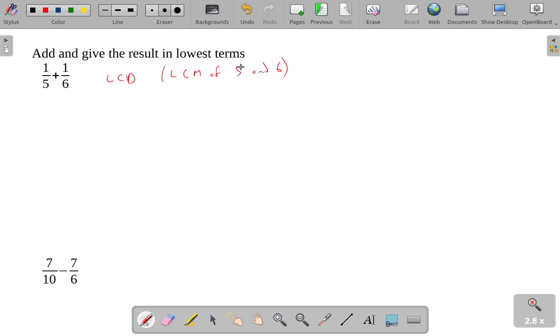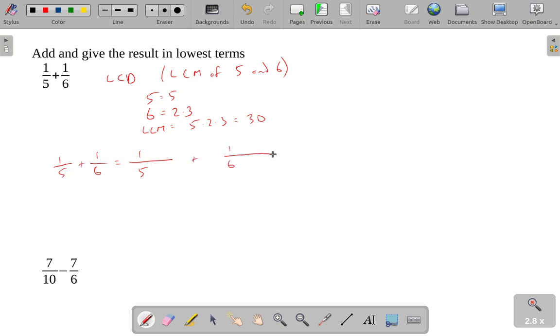Alright, so the least common multiple of 5 and 6, well, 5 is prime and 6 is 2 times 3. I'll just write down my 5 to begin with, and then neither 2 nor 3 had been covered yet. You can see we actually have to just multiply these things together to get 30. So what I'm going to do is convert each of these fractions so that they have a 30 in their denominator. So 1/5 plus 1/6 is equal to 1/5